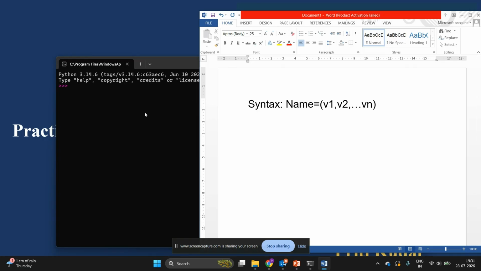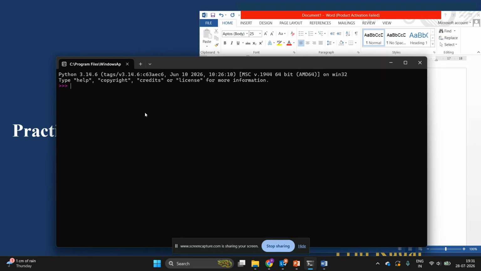So we will see how this can be created in Python. Example, suppose colors is the name of my tuple. The tuple starts with a round bracket and I am giving the names of colors in double quotes as they are strings, separated by commas. I end the collection of values with a round bracket.